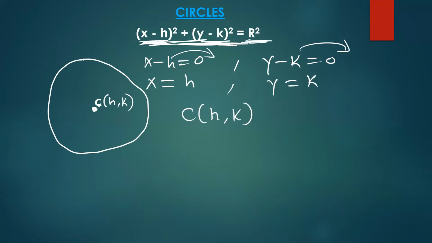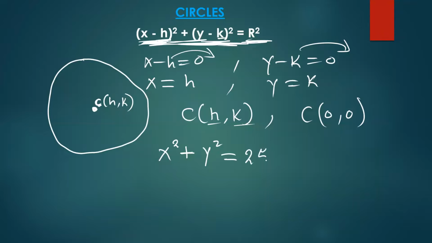And then what you are seeing this side is the radius. So let's take, for instance, if your center is (0, 0). That implies h and k are zeros. So if you put a 0 there, and a 0 there, you just remain with x squared plus y squared is equal to, let's take, for instance, the value at this side as 25. So if they tell you to discuss this equation,